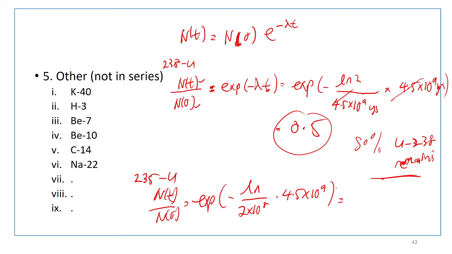So you will get about 0.012, which in fraction is 1 over 86. So at the present time only 1 per 86 of uranium 235 remains,